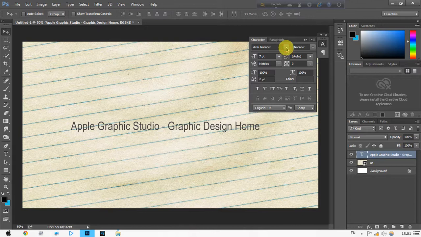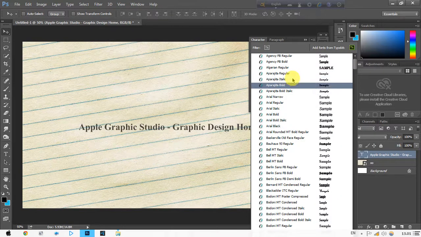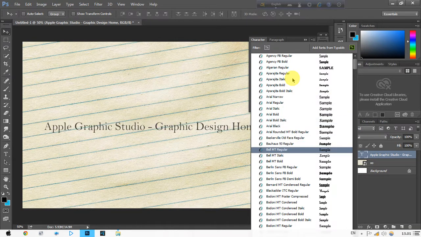And now I just select an italic text, just look like handwriting.